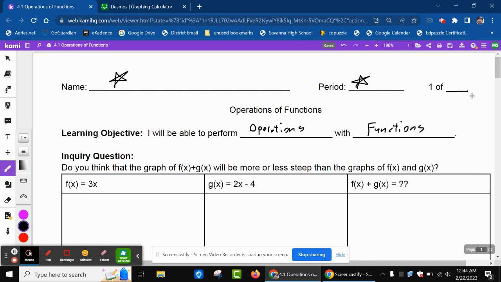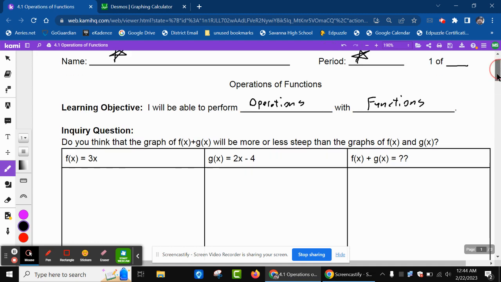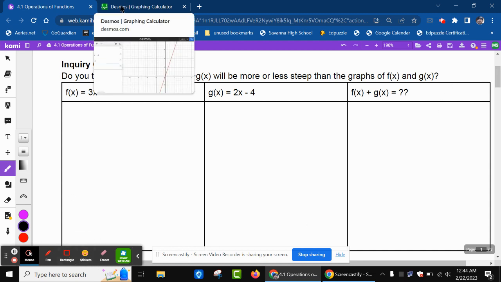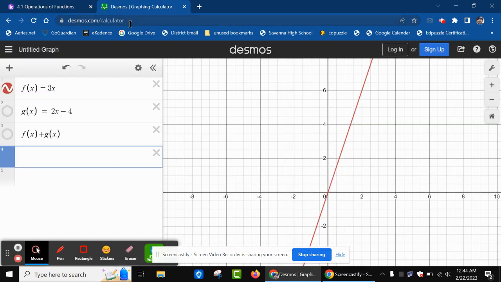Inquiry question. Do you think that the graph of f of x plus g of x will be more or less steep than the graphs of f of x and g of x? Well, before we dive into this, let's jump over to Desmos and figure out what it's actually asking. So we're going to see, hey,